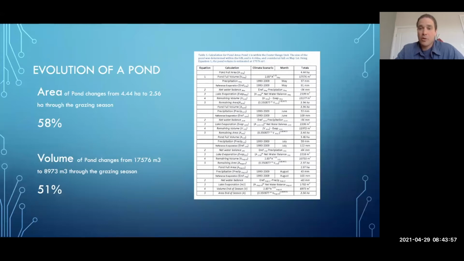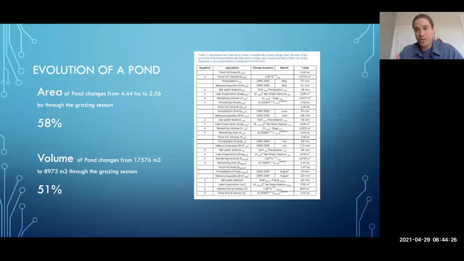And so our volume is based on that area and that equation in the regression. And then we also have our precipitation inputs, because that's a direct input to the water budget. And then we have our reference evaporation that's out. And then at the end of each month, we get our water balance, which provides us with the